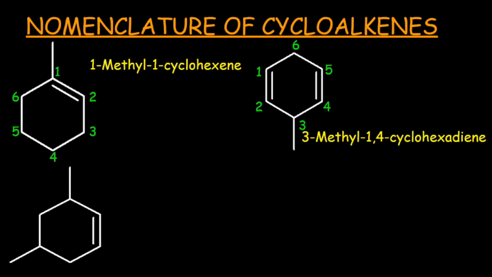So let's consider another example. This is a molecule having two substituents at different locations in the heading part. Firstly, you have to number the heading part 1, 2, 3, 4, 5, and 6. At the third and fourth positions, there is a methyl group, right? And at the first position, there is an olefinic bond. So the name of this molecule would be 3,4-dimethyl-1-cyclohexene, right? Students, let's consider another example.